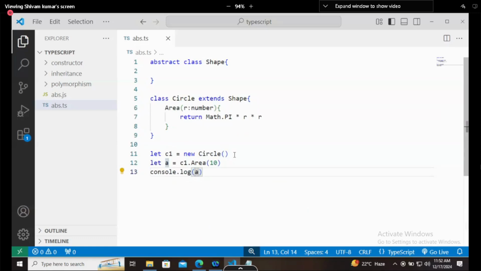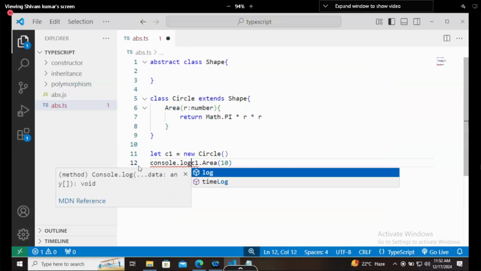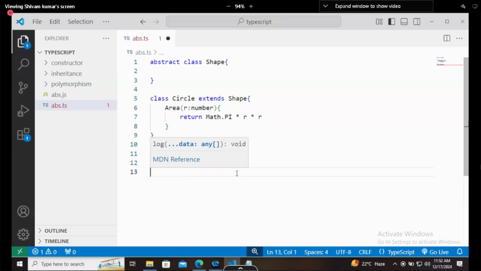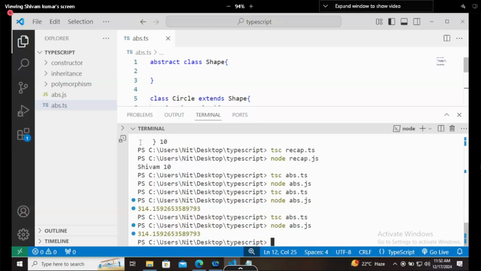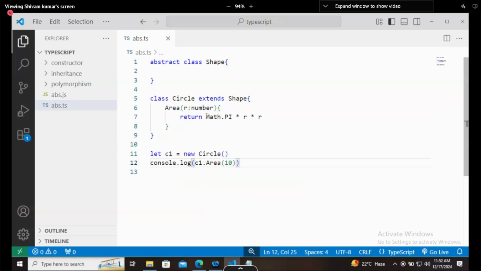Now what is the next thing? Next thing is, whenever you are trying to execute c1.area, print it here itself. So I will say console.log, and then I will print the value while calling the function. Okay, so this is done, and it's printing. Next thing is, you can print this particular value also. Instead of return, you can print this value. So here only I will write